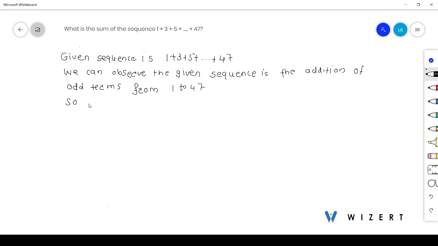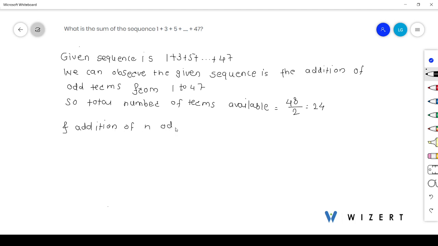So, the total number of terms available are 48 divided by 2, that is 24, and